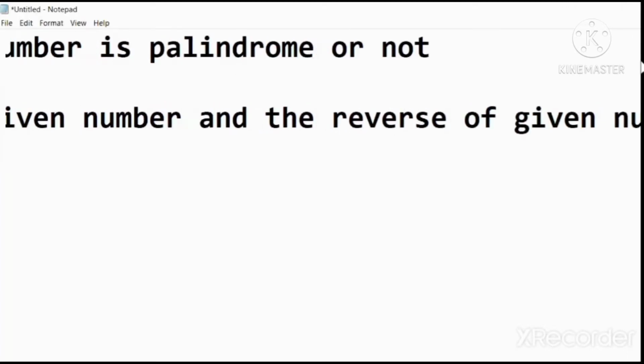Palindrome number means the given number and the reverse of the given number must be equal.